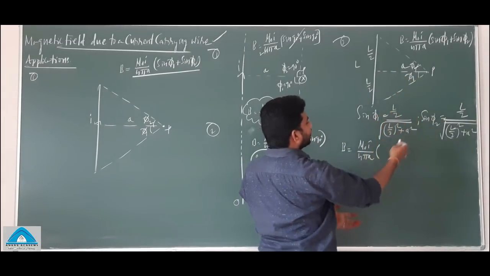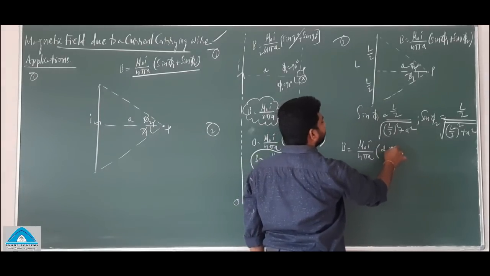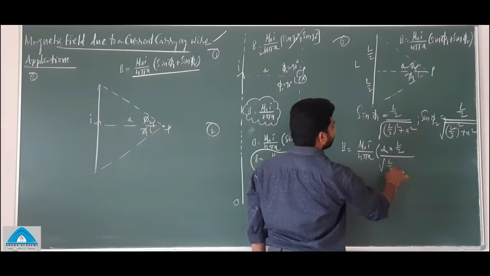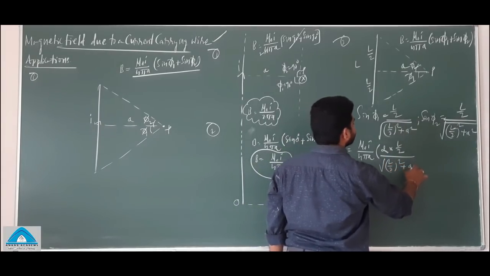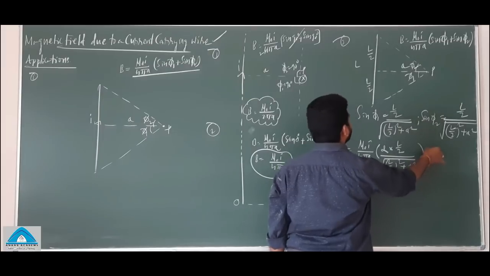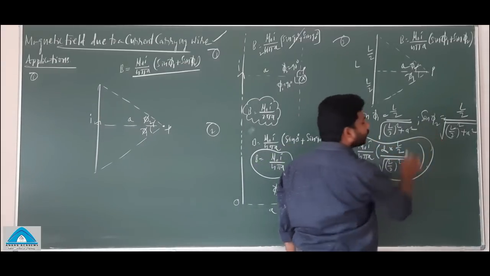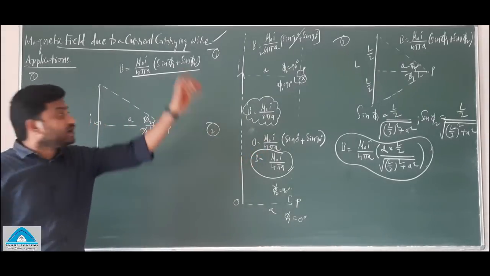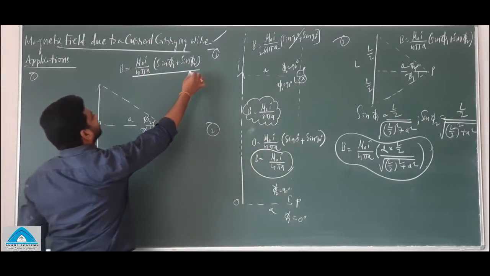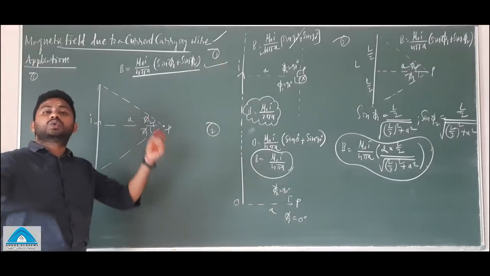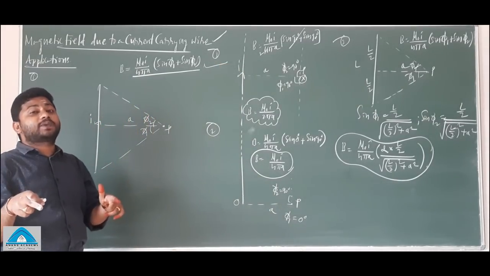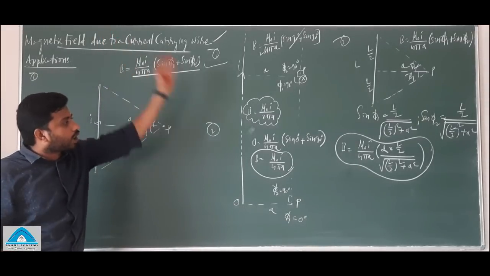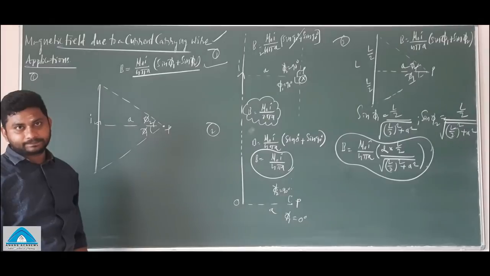As both values are the same, I can write 2 times L by 2 divided by square root of L by 2 whole square plus a square. See, this is the formula. No need to learn it by heart. First thing I am telling you, no need to memorize. Remember how to derive this, and if possible, try to recollect it as early as possible with a lot of practice. If you know this one, all these applications are very simple, right?